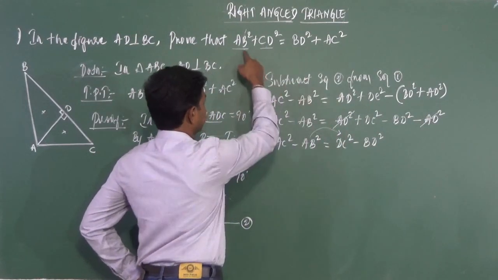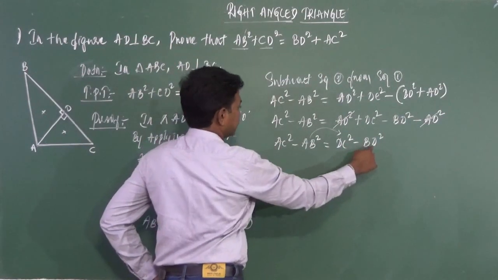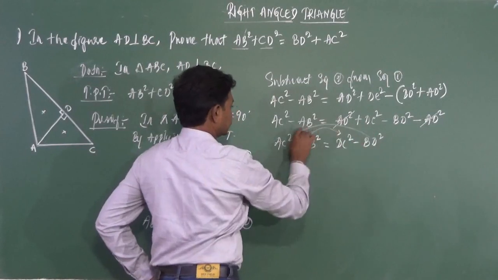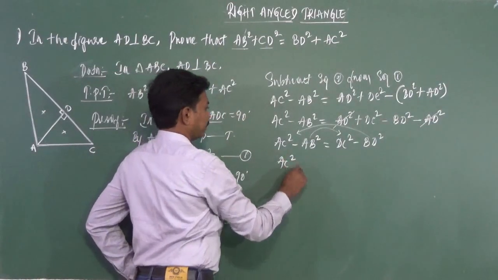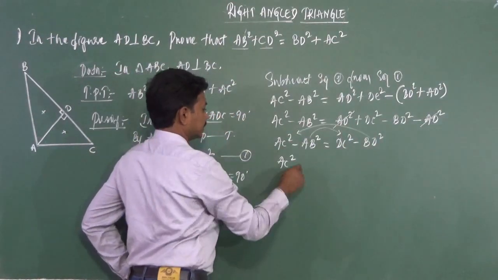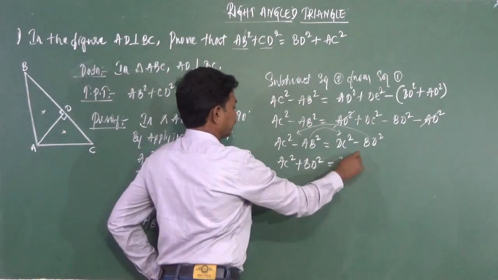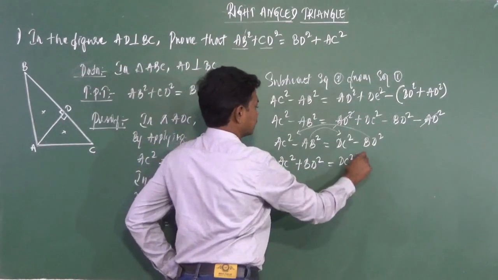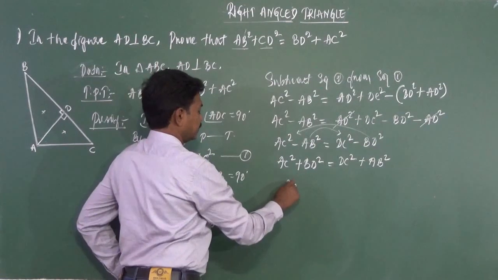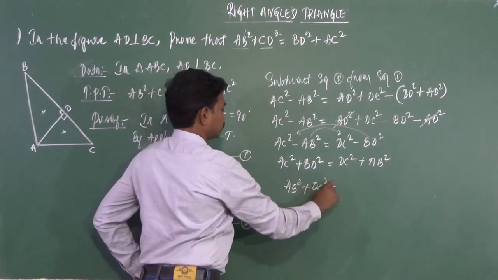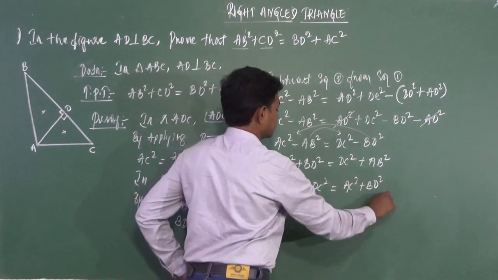Along with DC square we can make it as LHS. So here we have AC square as plus and here minus BD square is there. So you have to transpose BD square to LHS. That's the simple adjustment. So minus BD square, when it comes to LHS it becomes plus BD square, and DC square remains there. Minus AB square, when it goes to the RHS it becomes plus AB square. So when we rewrite this, it is AB square plus DC square is equal to AC square plus BD square. So hence it is proved.